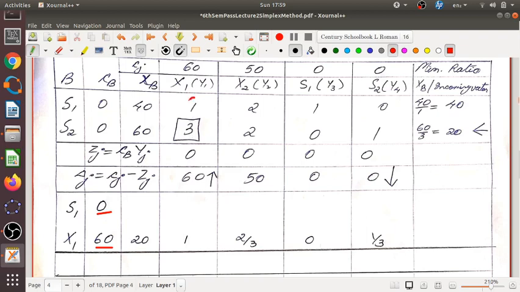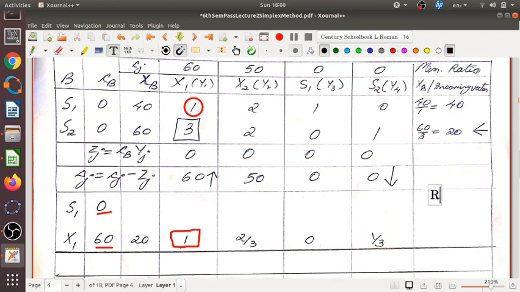So what is the other element here? The other element is 1. So how can I make this 0? I have to use the elementary row operations. I have to make use of this particular 1 here. We have a 1 here, we have a 1 here. How to make this 0? We just subtract: R1 changes to R1 minus R2. So this is what we will do here.